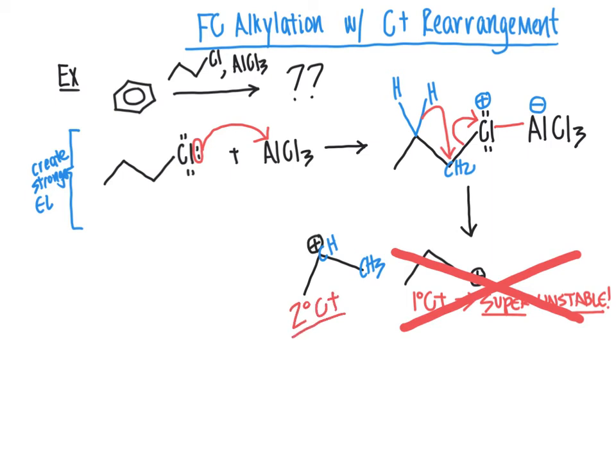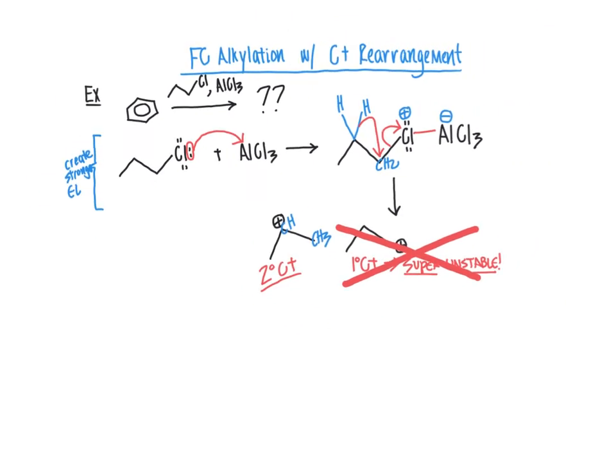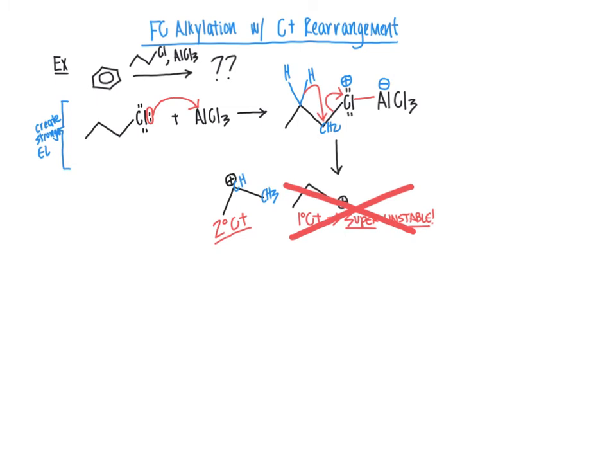So as we are creating that stronger electrophile, we have to keep in mind the principles of carbocation formation, and that is we never form a primary carbocation. It's super unstable, so instead do a rearrangement rather than making that primary carbocation to create a more stable intermediate here. So I'm going to zoom out so that we can jump in to the second part of this reaction